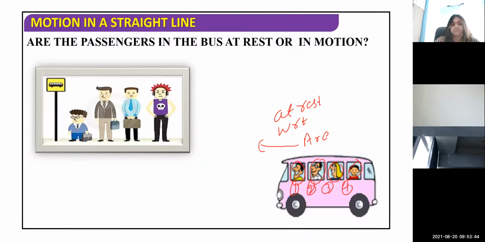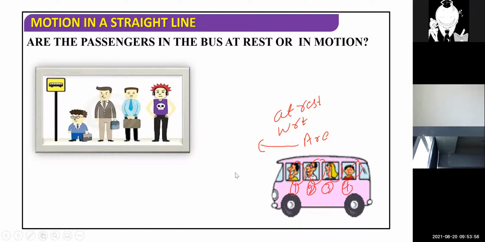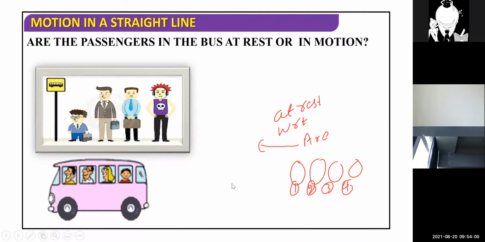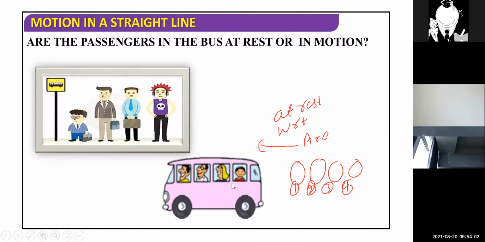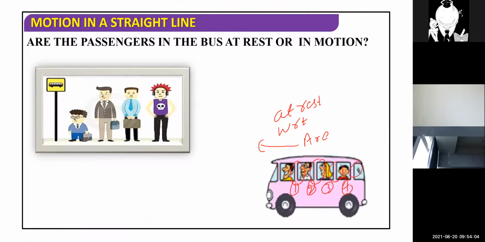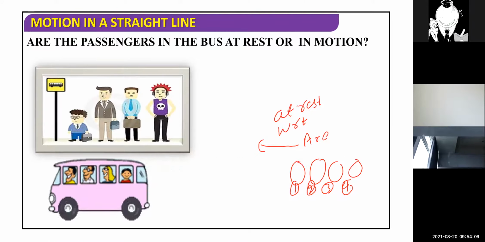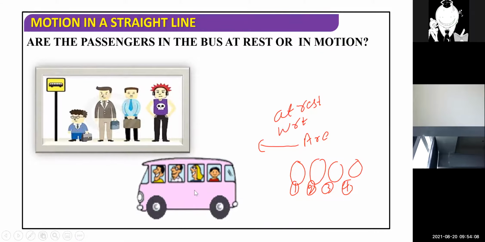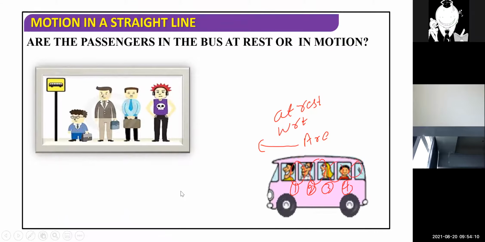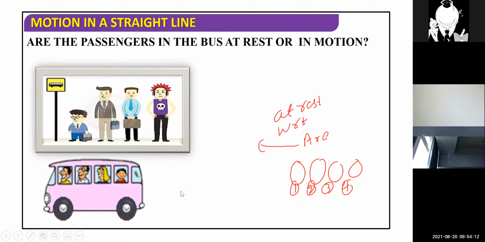But now here, these four people, the persons who are sitting in a bus, they are at rest position, but all these other people are in motion. With whom, children? The bus. People outside the bus. Yes, the persons who are waiting for the bus, who are standing on the road. With respect to these people, all these four persons and the car and the bus are